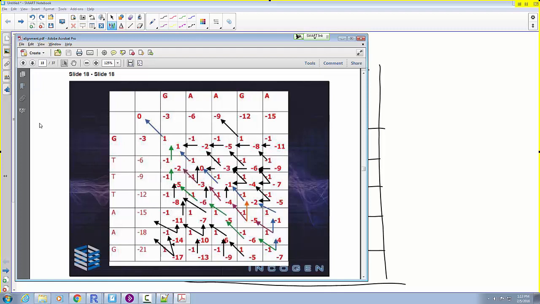So let's understand what these are saying. Let's follow the blue arrows, for example. The blue trajectory says, initially, put this first G with that first G. We didn't do any gaps. We just stuck them together right at the beginning. Then we did the same thing. We put the A with this T. We got a mismatch, but that was still the best move we could have made overall. And again, we put the next letters together, and the next letters together, and the next letters together, and then